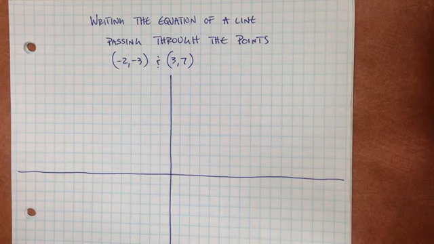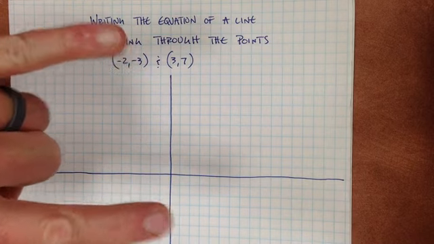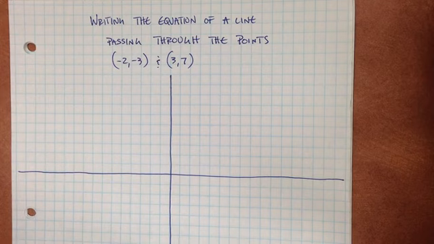Hi, writing the equation of a line passing through the 2 points. I will take two different approaches to this today. One will be first graphically, the second will be algebraically. So starting with our graph, because we have our coordinate planar axes set up, let's just go right ahead and